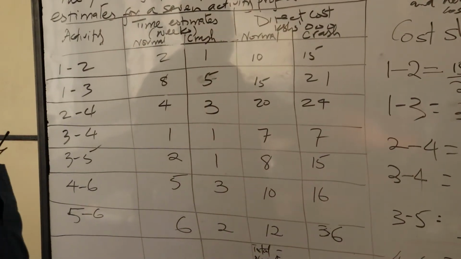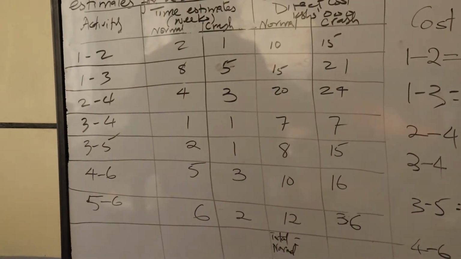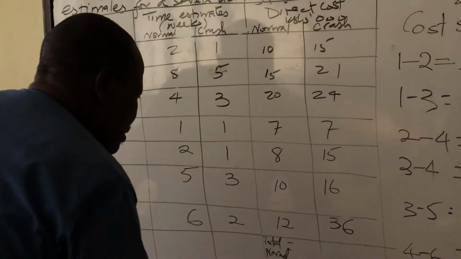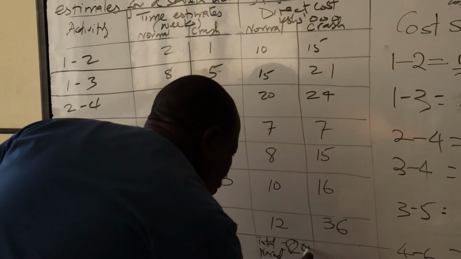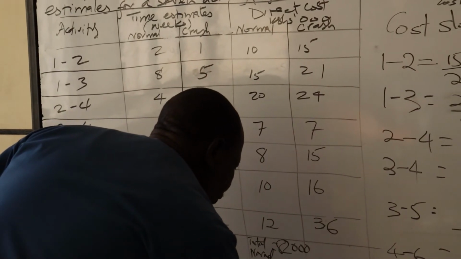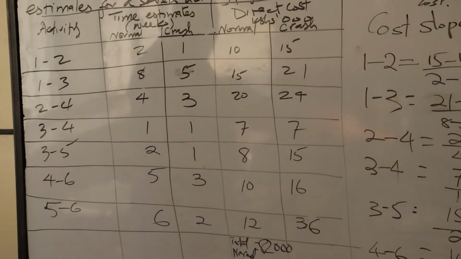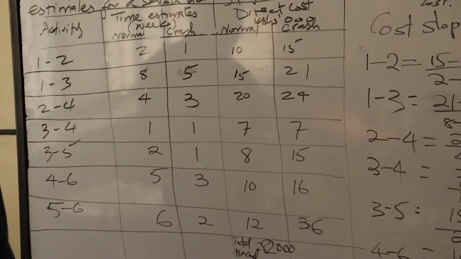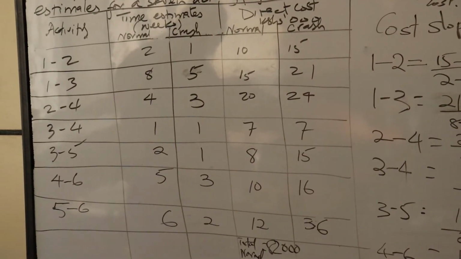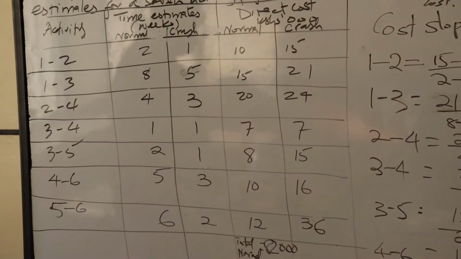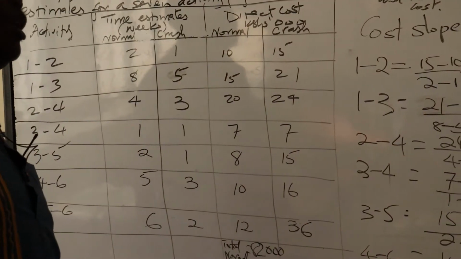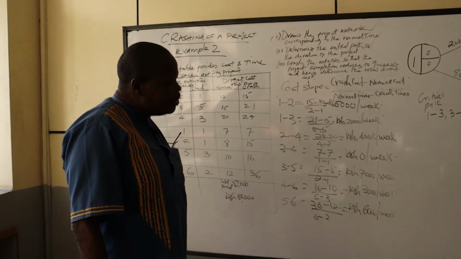When we add all these, we get 82,000 Kenya shillings. That means the project is going to take 16 weeks based on the fact that there is 82,000 Kenya shillings spared for the completion of the project, assuming that it has not